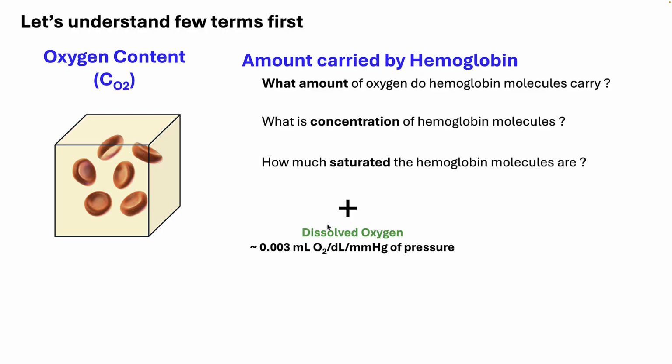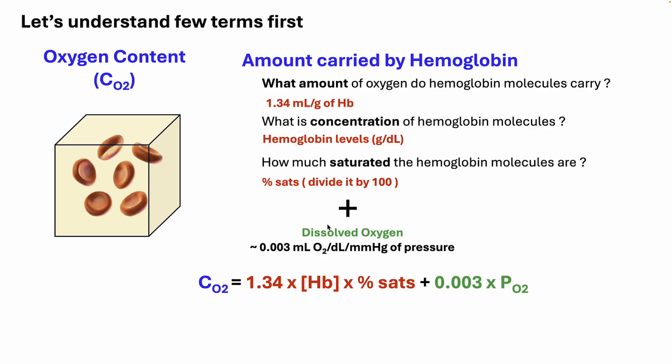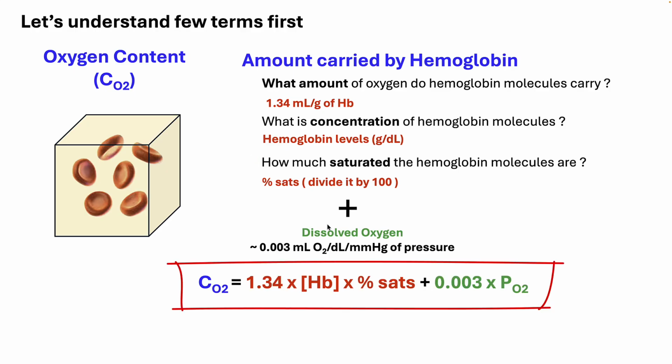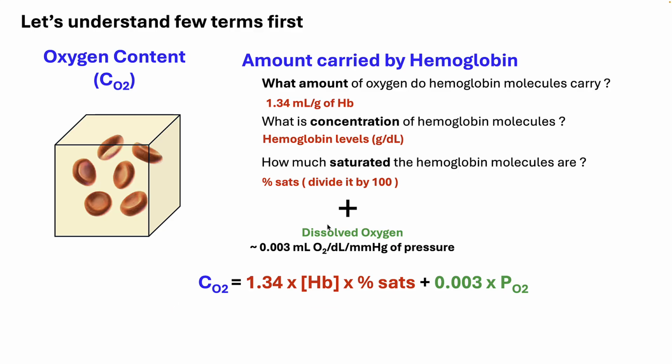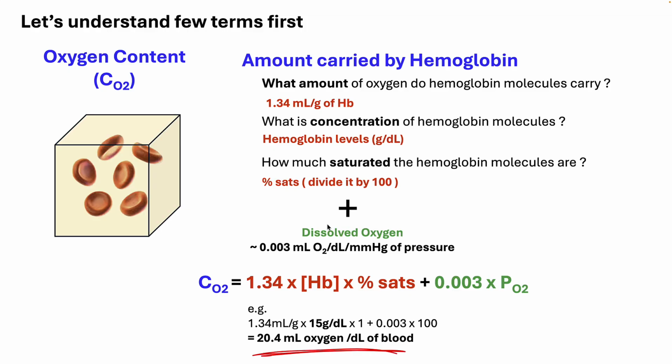The amount that is carried by the hemoglobin depends upon the amount of oxygen each hemoglobin molecule carries, which is around 1.34, what is the concentration of your hemoglobin, and how much it is saturated. So total oxygen content is 1.34 multiplied by the hemoglobin level multiplied by the percent SATs, plus the amount of dissolved oxygen. In a person with hemoglobin of 15, satting 100%, will have oxygen content of 20.4 ml oxygen per deciliter